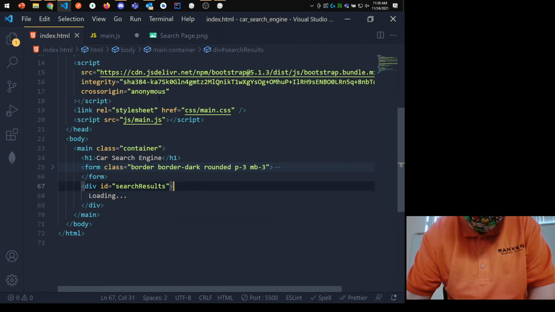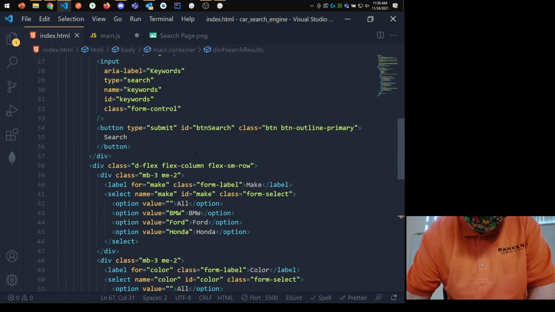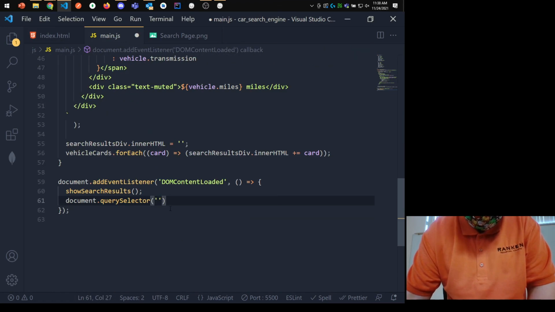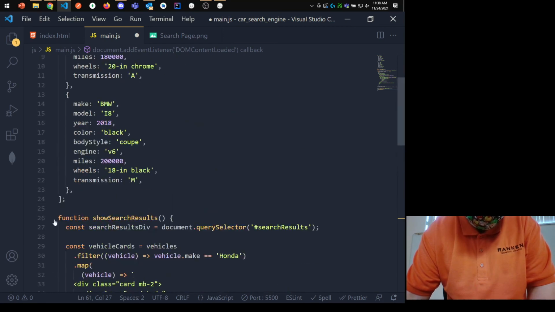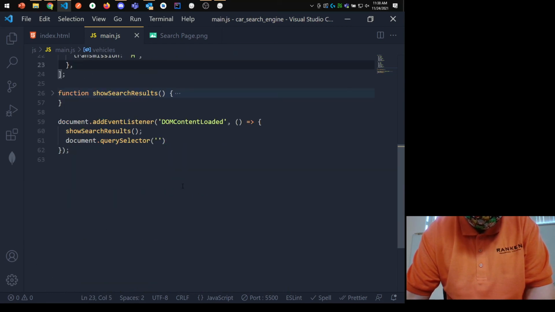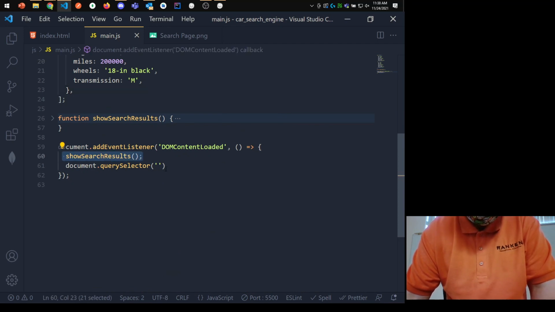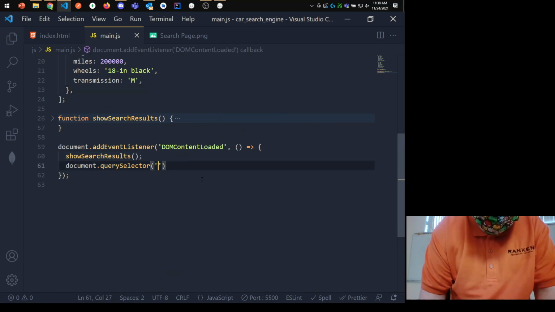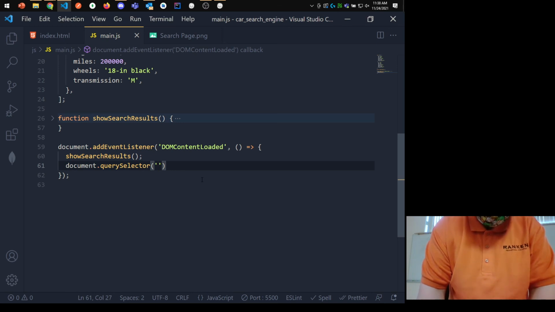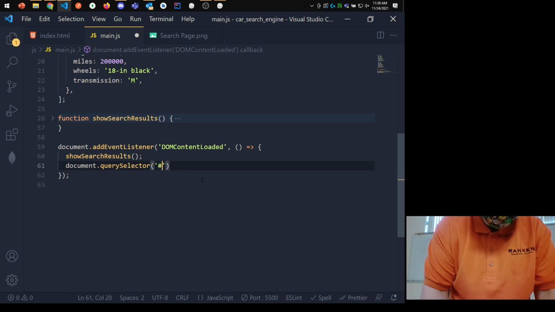The button's ID is btn-search. Okay, btn-search. So we've got this show search results function. I've got it in here, it's going to run initially. So this is going to run when the page loads. And I also want to run it when you click the button. So btn-search